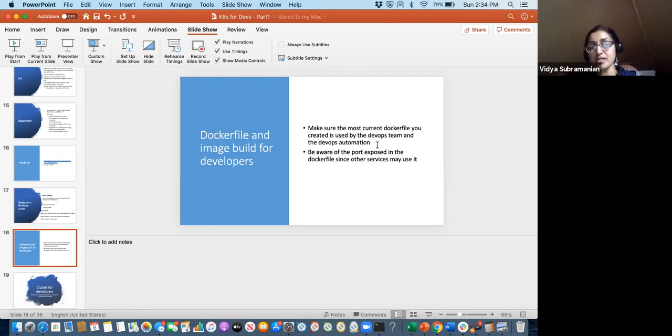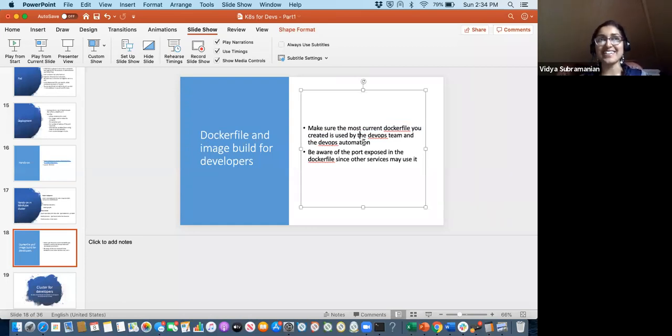Whenever there is a Dockerfile and image build, make sure that the most current Dockerfile you created is being used. That's a fairly common thing where the current Dockerfile may not make it to your GitHub, and that can cause issues.